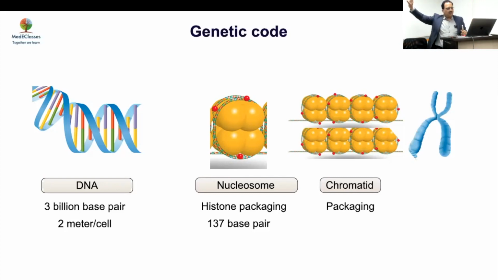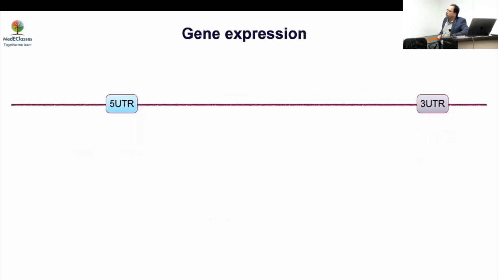Everybody has got the same locker, every cell has got the same locker. But to have that, you need certain elements which have to come and act on the promoter gene. So you have both the banker and the person, both keys start, and then the expression starts happening. So this is the chromosome, of course, we know about that. So how does gene expression happen? Because this is an important thing. Having a gene does not mean the end of the thing. The gene expression basically involves two types of regions.